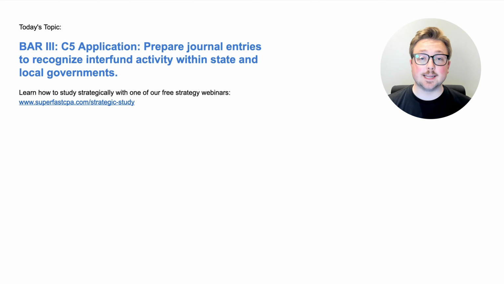I'm Logan, and in today's video, we're going to be going over bar area 3. This is section C5. This is an application topic. Prepare journal entries to recognize interfund activity within state and local governments. And we're going to be doing that the SuperfastCPA way, which is diving straight into the questions to learn the